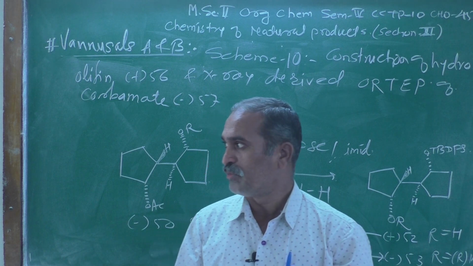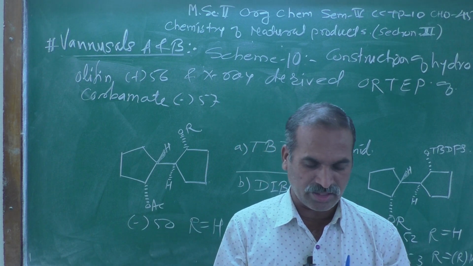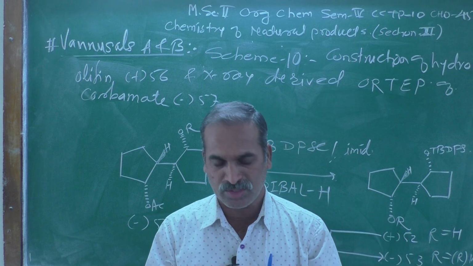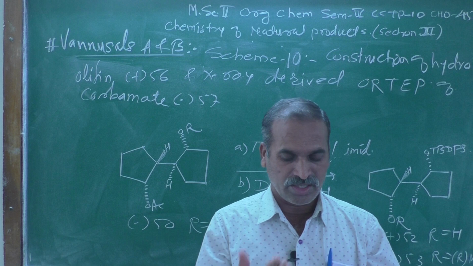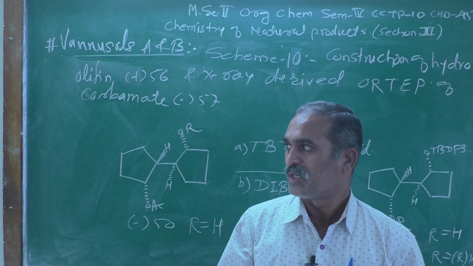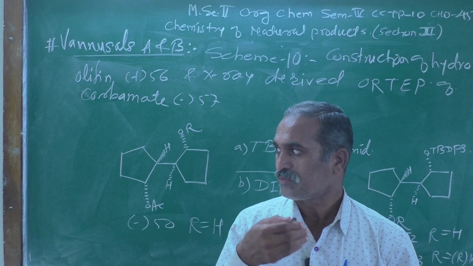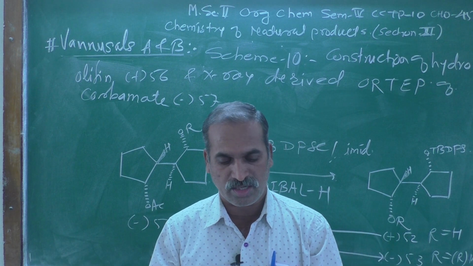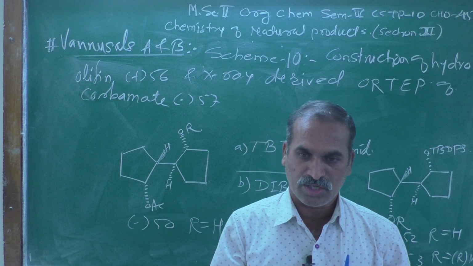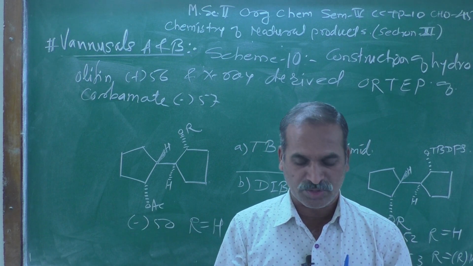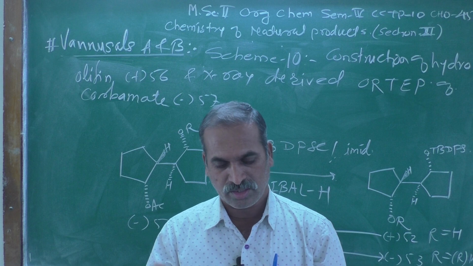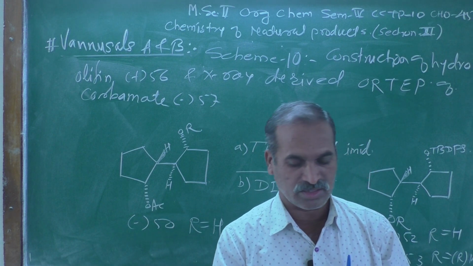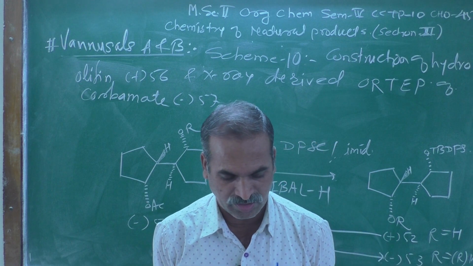They got meso compound 28, and as we know, the speciality of a meso compound is that it is optically inactive in nature. Generally four chiral centers were present here, and therefore there is a center of symmetry present, and due to that reason the molecule becomes meso and it is optically inactive in nature.